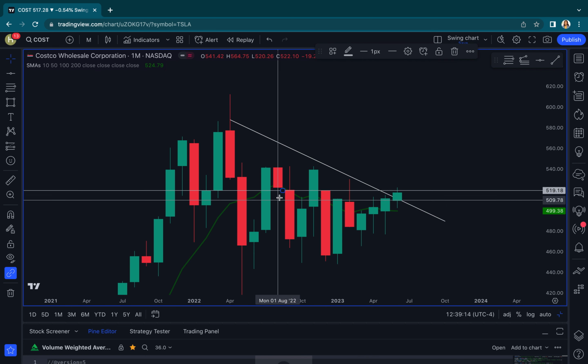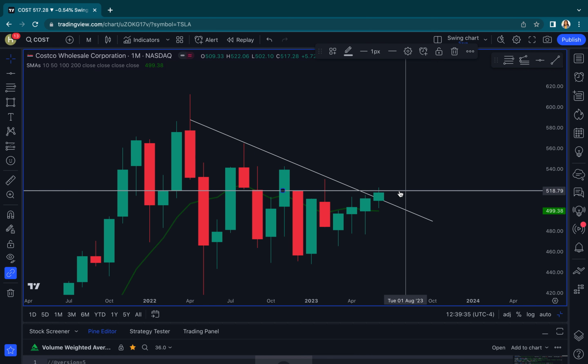As I'm looking back, I can see this area has a lot of touches. Here it was support, here it was resistance, here it was support, here it was support, here it was resistance, here it was resistance, and close but not quite there here. Costco's right at that level, and that is where it's pulling back. And so I think that a break above 519 is going to be critical, that Costco can break and hold